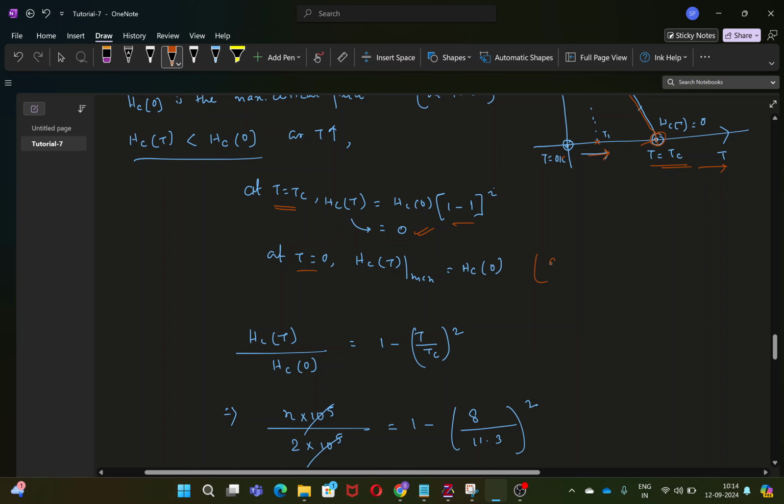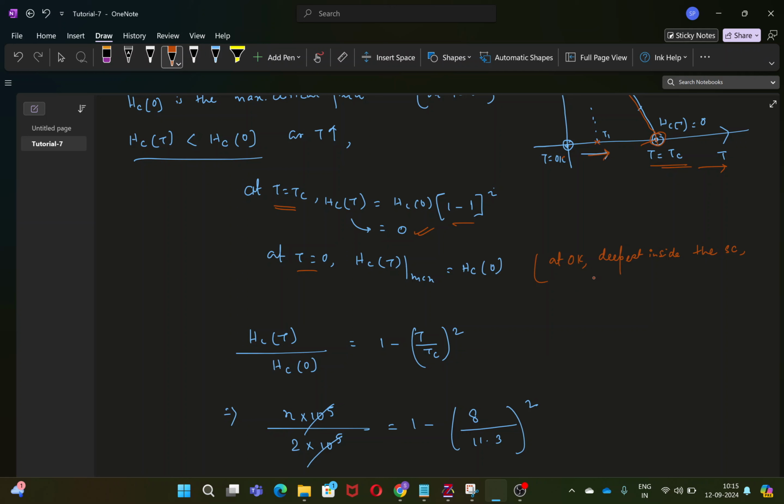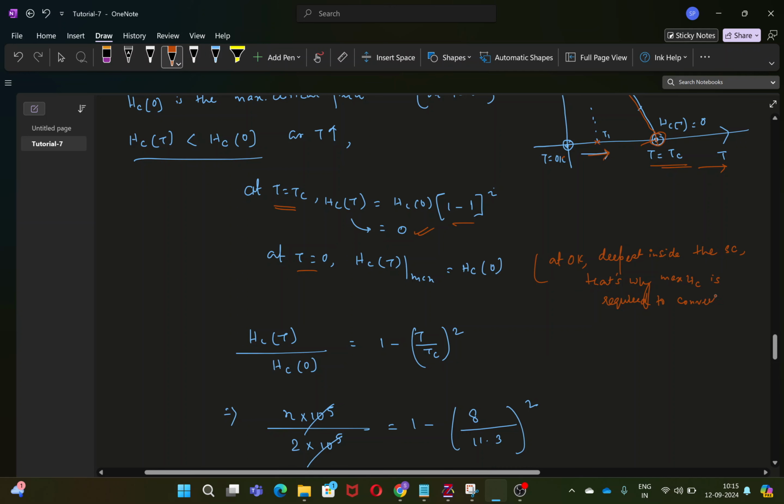So that means at 0 Kelvin, you are deepest inside the superconductor, and that is why your critical field value is maximum. That means the field needed to transform it from superconductor to normal metal will be the maximum of its value. That's why the maximum Hc is required to convert it